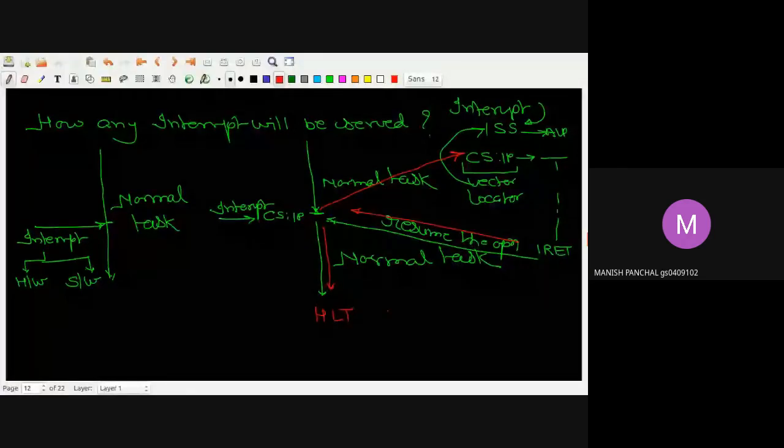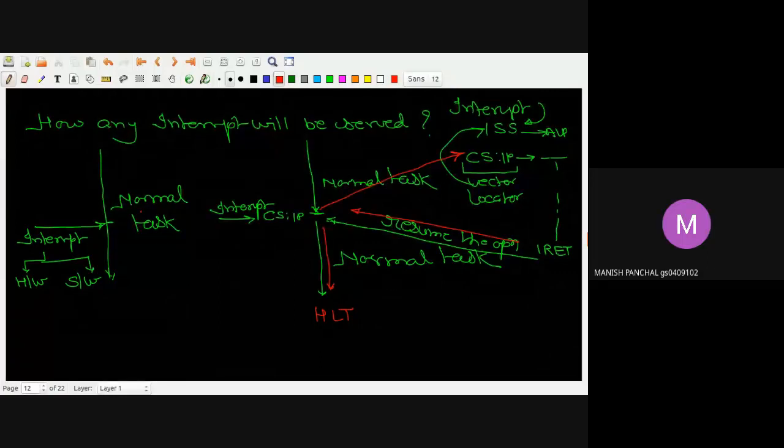Okay, so anybody, unmute your mic and just tell me what thing will come into the picture. Anybody? This is clear to all of you, how the interrupt will be executed, but there are some hidden steps in this. I have already shown you the pictorial diagram for that. Sir, push pop of address. Yes, Shubhanshu, you are definitely correct. Anybody else?